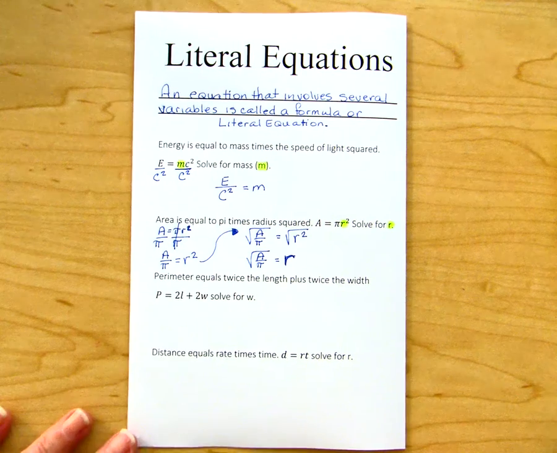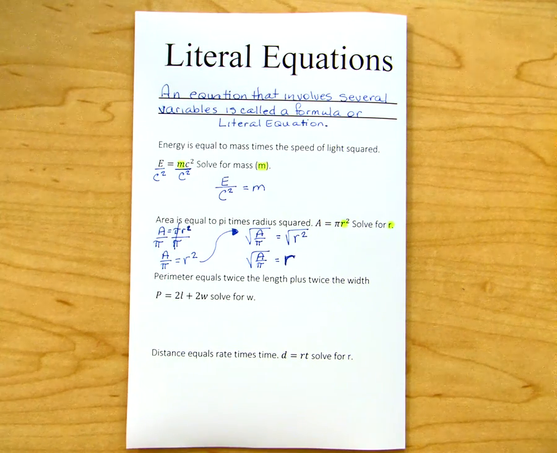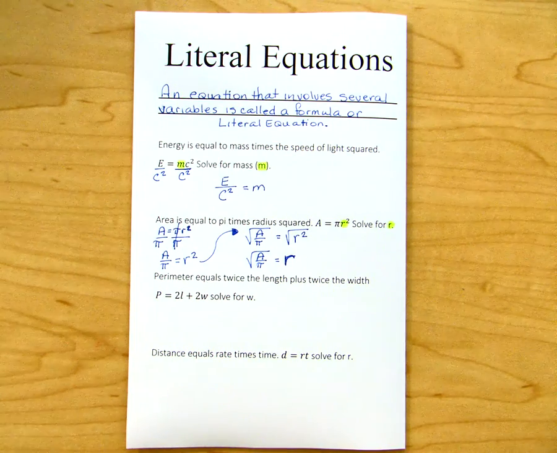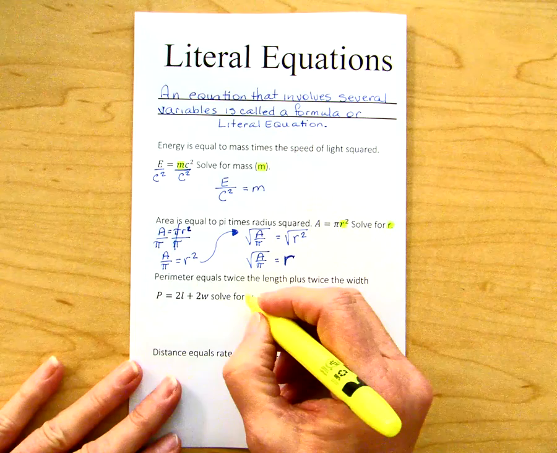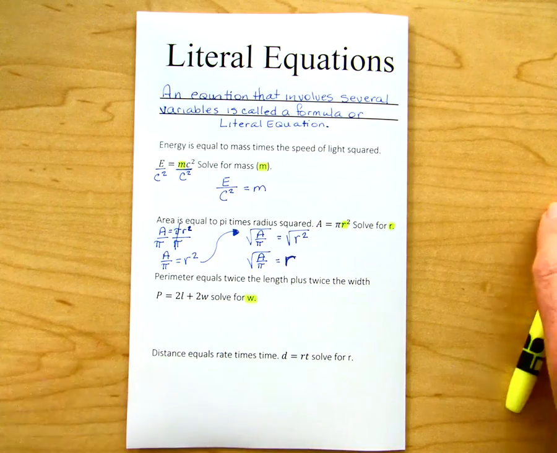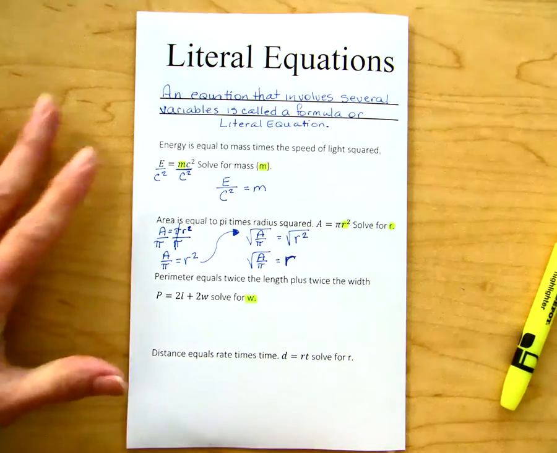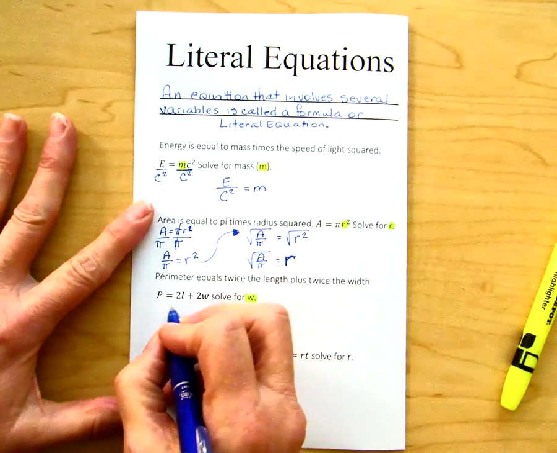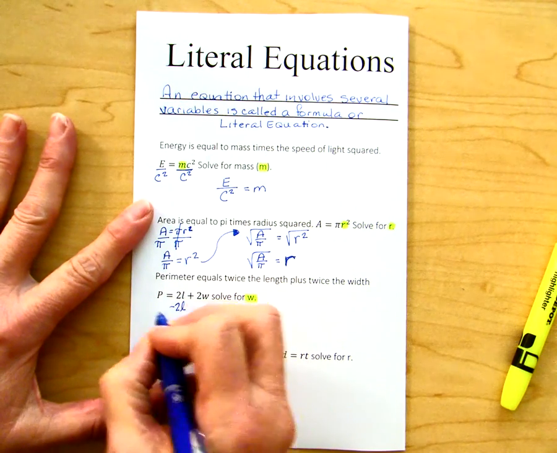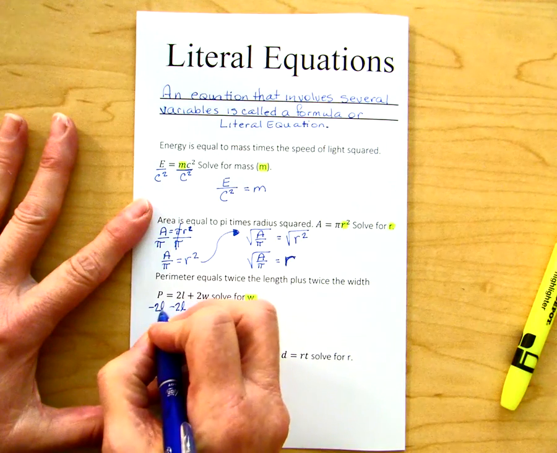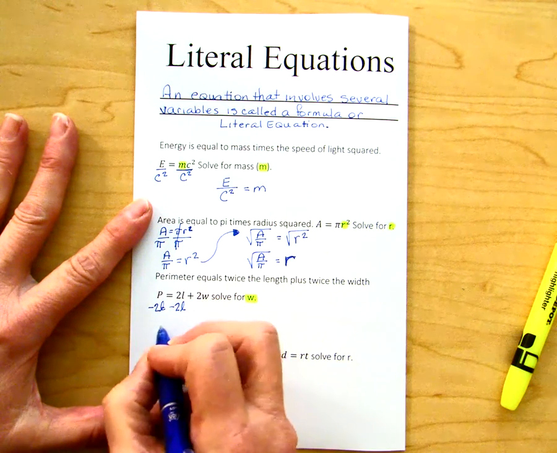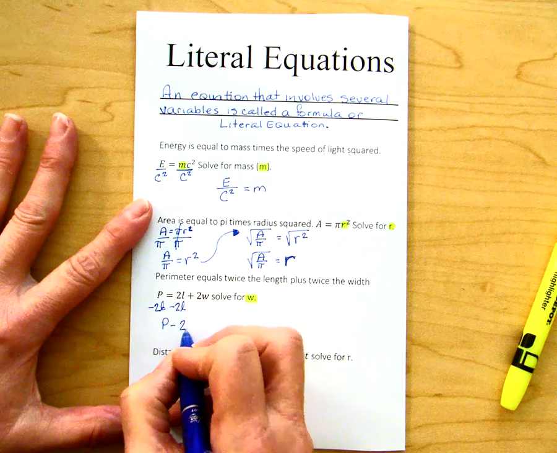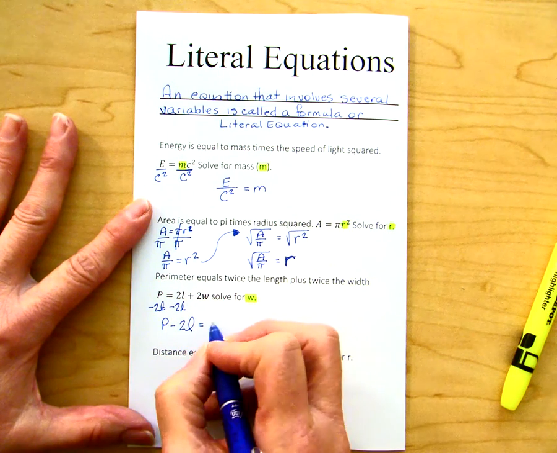In our third example, perimeter is equal to twice the length plus twice the width. So P equals 2L plus 2W. And they want us here to solve for the W. In order to solve for the W, the first thing I need to do is get rid of the 2L. So I'm going to subtract 2L from both sides. So that gives us P minus 2L is equal to